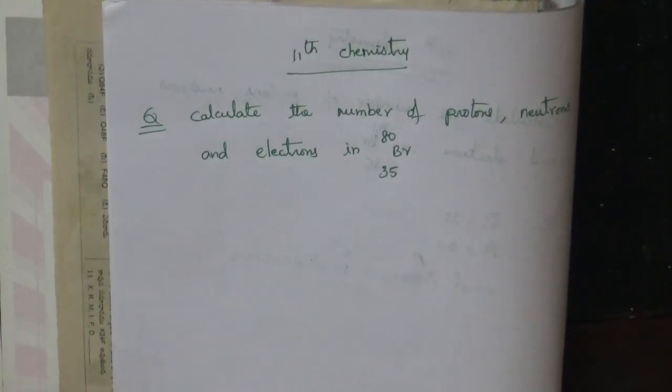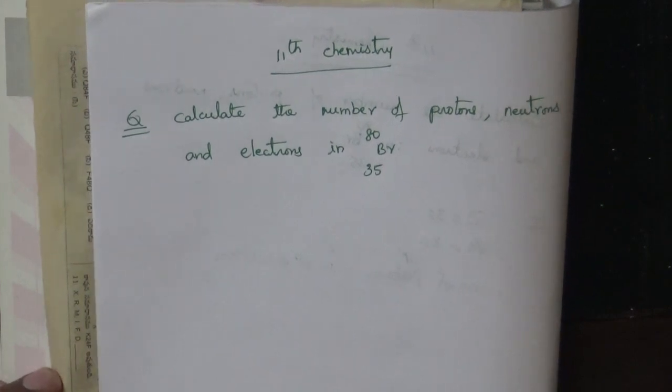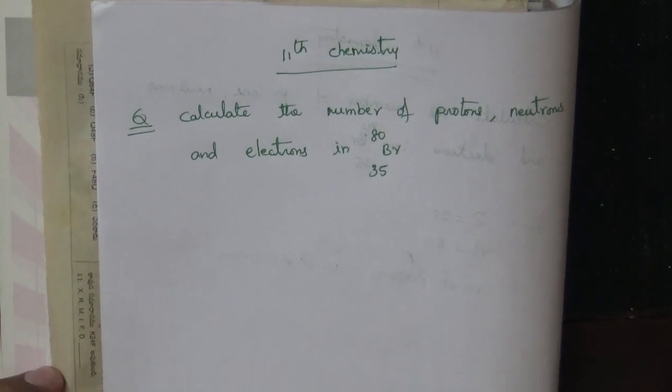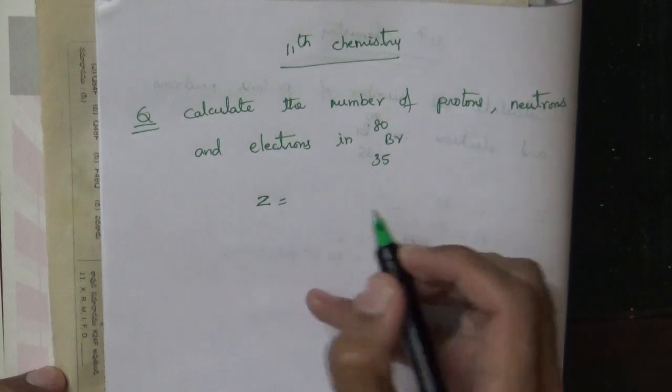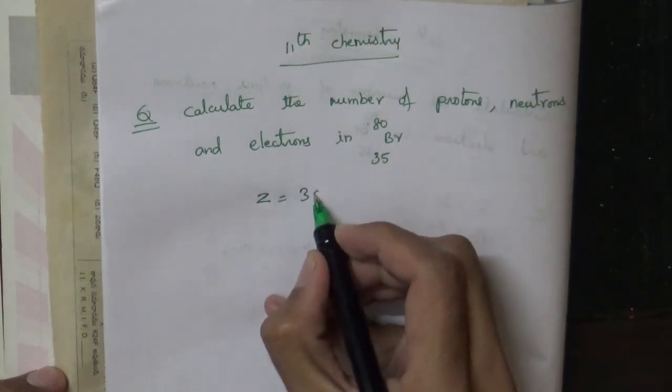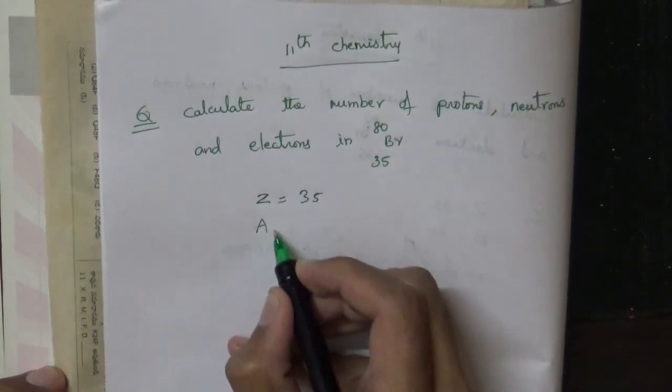Hi, today we will look at a class 11 chemistry problem. Calculate the number of protons, neutrons and electrons in bromine, which has an atomic mass of 80 and atomic number 35. We will first list down the given details as Z, atomic number, which is 35, A, atomic mass, which